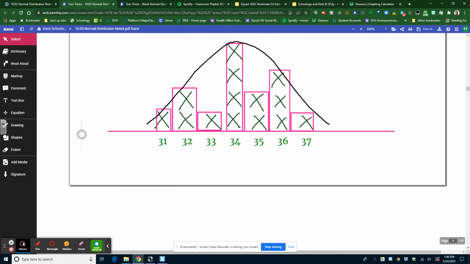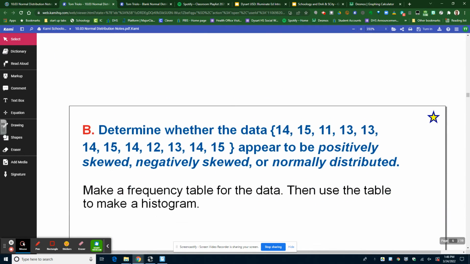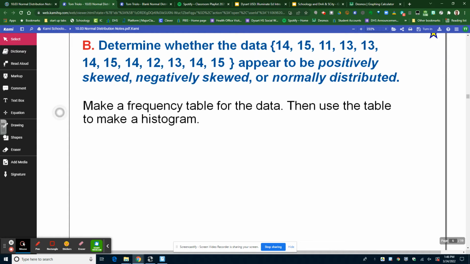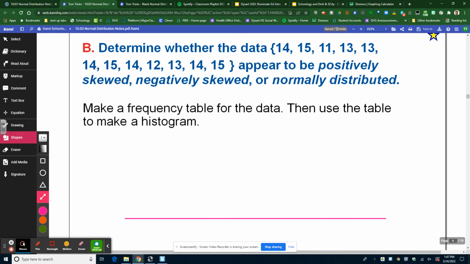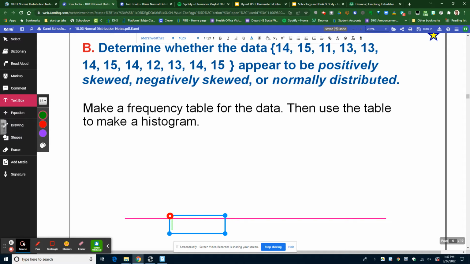Moving on. Again, we're going to make a horizontal line below. We're only going from 11 to 15 this time, so you probably should spread out the numbers a little bit more. There's fewer numbers. Hold the shift key down to make that horizontal line. Text box underneath: 11, tab, tab, tab, 12, tab, tab, tab, 13, tab, tab, tab, 14,